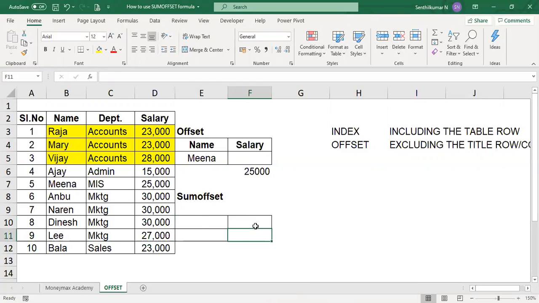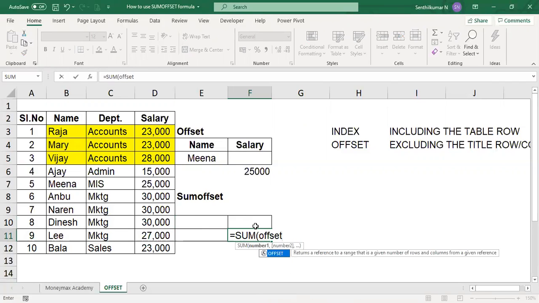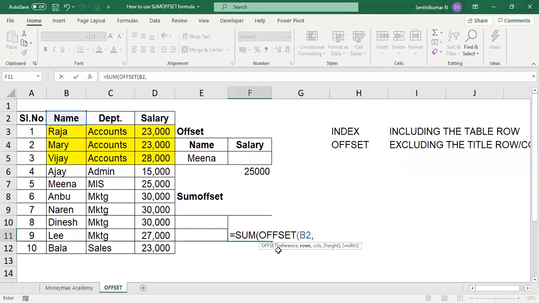Now you can use sum offset. We are going to make a sum of salary, but using the offset function. Same as before, the reference is name. You can click like this, then number 1, and then the rows and columns.